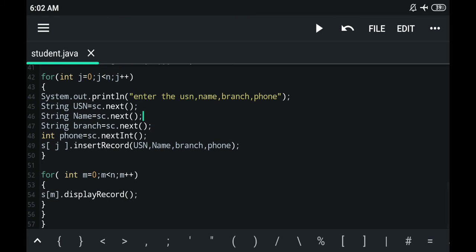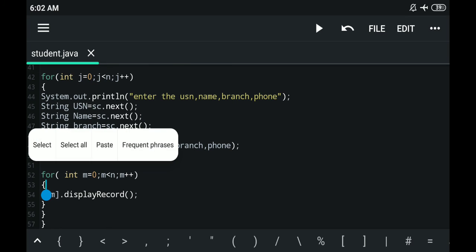In the next line, there is a for loop wherein inside the for loop it is going to ask the user to enter the USN, name, branch, and phone number of the student. So this for loop again runs n number of times. So j starts from 0 and j runs till it is less than n. As soon as it becomes equal to n, we exit from the for loop. So inside the for loop,